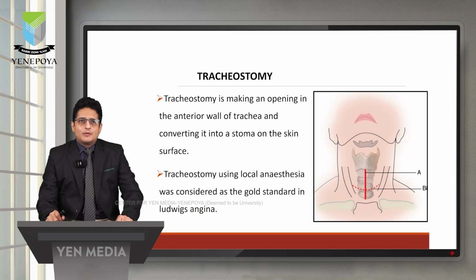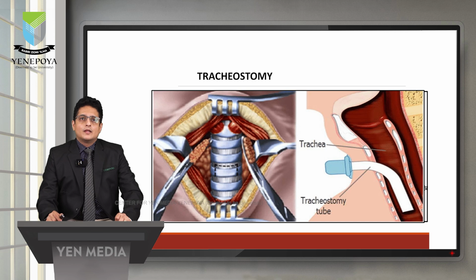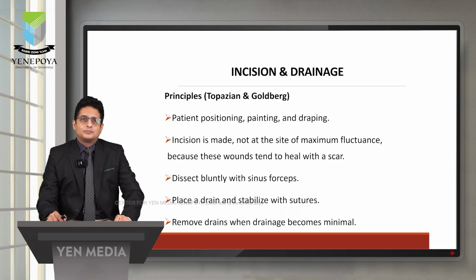Tracheostomy, on the other hand, is a definitive management where an opening is made into the neck, into the second or the third tracheal ring via a vertical emergency incision, and a tube is inserted into the trachea. A wide bore tube is inserted into the trachea, bypassing the upper airway where this congestion and compression is occurring, and thereby gaining direct access to the lungs. So this is a tracheostomy picture indicating how the tracheal rings are cut and how the tube is inserted directly into the trachea, bypassing the upper airway and directly getting access to the lungs.